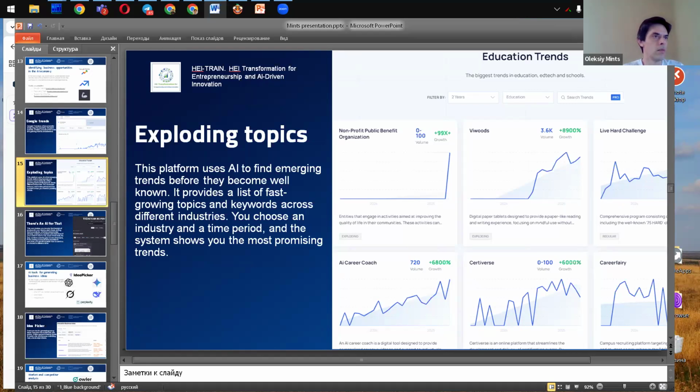So on this slide, for example, we may see that the AI career coach trend is growing fast and stable. 7,000 persons for 2 years.